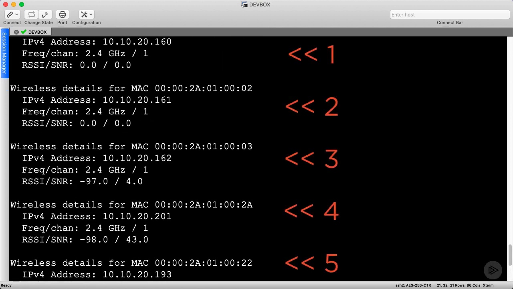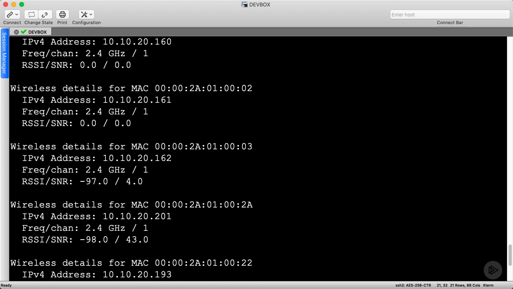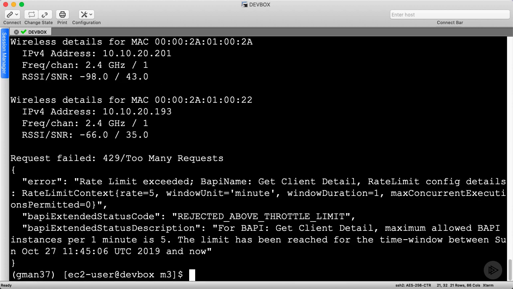Not all 5 fit on the screen fully, but hopefully this proves that the first 5 requests did work and we were able to collect client details for those devices. Our bogus MAC was completely ignored as expected. Back to this error message. How do you think we should overcome this problem? Give it some thought, then tune in to the next clip for the solution.